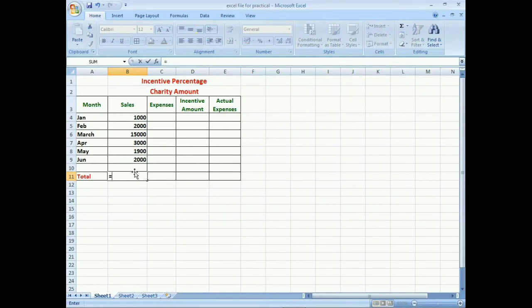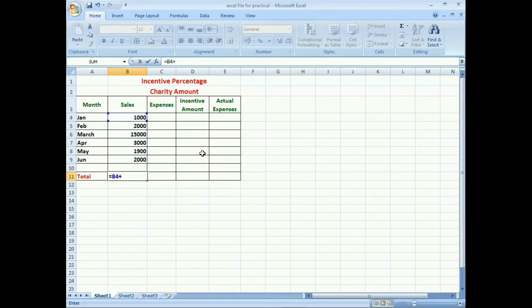After that, click on the cell B4. Click on the cell B4, that means column B and row 4, that means this one. Okay, and we can see its address will appear in B11. Then type the plus sign.